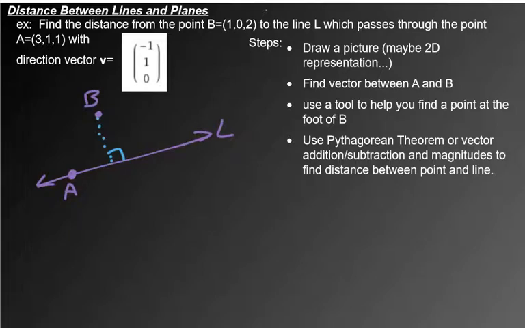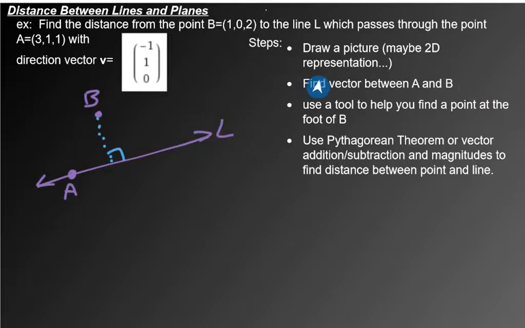The shortest way to get from B to L would mean that we'd have to drop down a line, right? The way I drew it there, and it'd be perpendicular. And so that's kind of, in my head, in the steps, my arbitrary picture that represents what's going on here. So